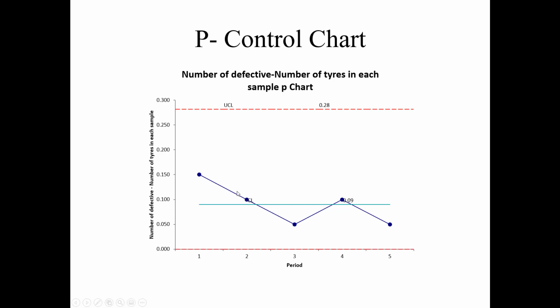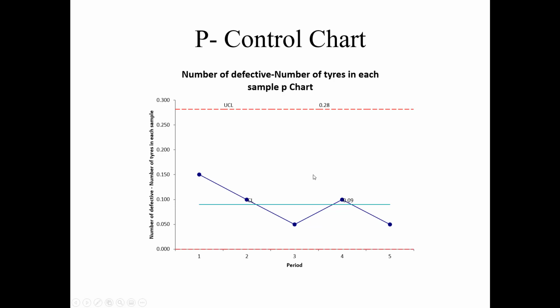So the inspector or the person will give them a green signal because they are according to the standard. They are following the standard for which they designed their quality. If they were using 4 sigma, maybe some possible outcomes would become outside the feasible region. It would be outside the upper control limit or lower control limit. So in this example, you can see that all the points are inside the upper control and lower control limit.